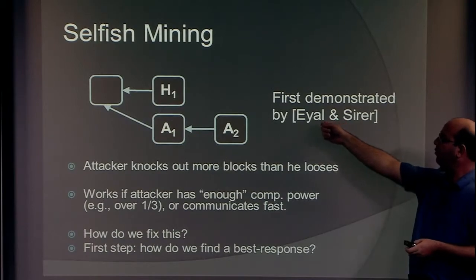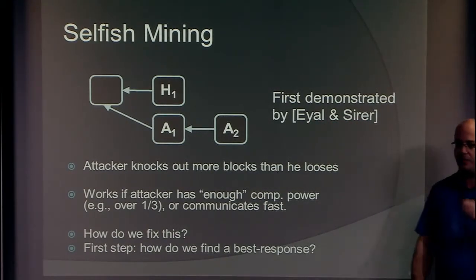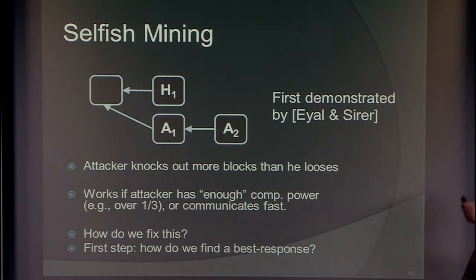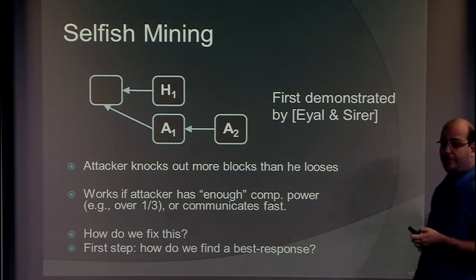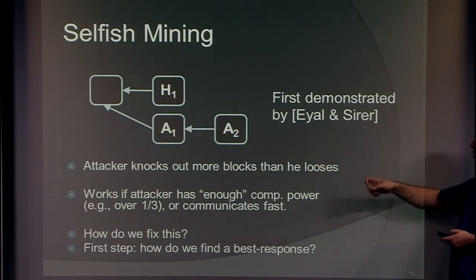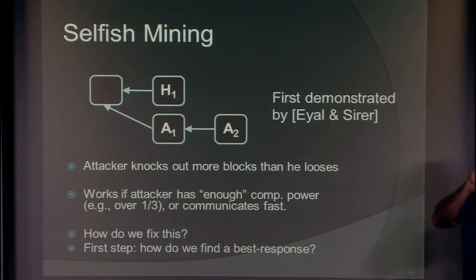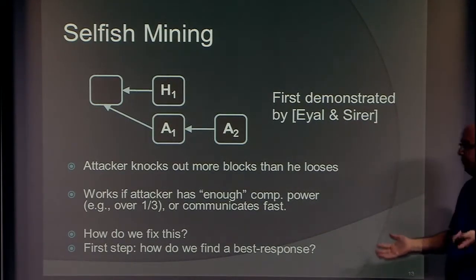So the thing to know about Eyal-Sirer's result is that it doesn't show the best response. It doesn't show the optimal deviation. It shows you some deviation that works. It's a better response. And some people have made the mistake of thinking that when they fix the protocol to cope with Eyal-Sirer's strategy, the specific one that they gave, they actually fixed the protocol. And this is wrong because the attacker, of course, will adjust to whatever changes you make in the protocol.